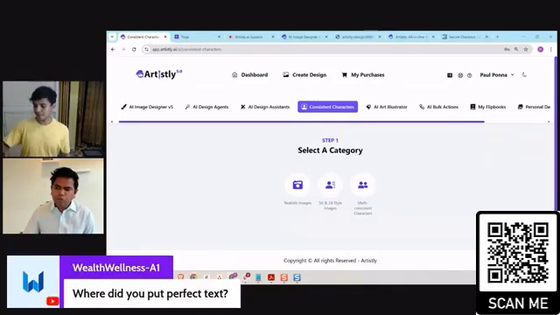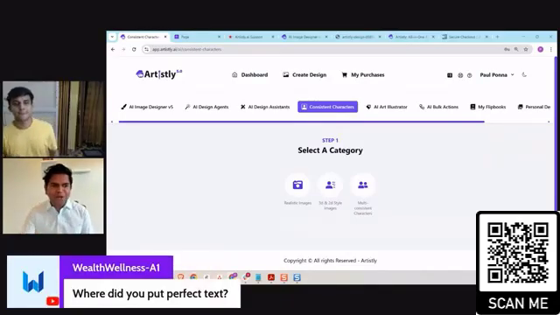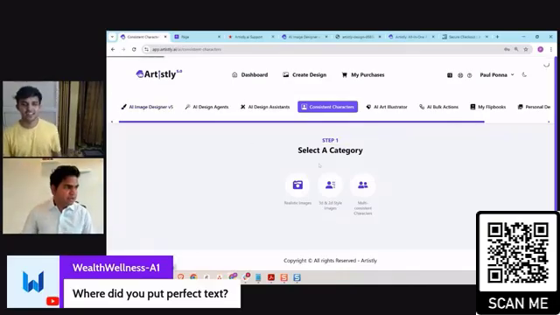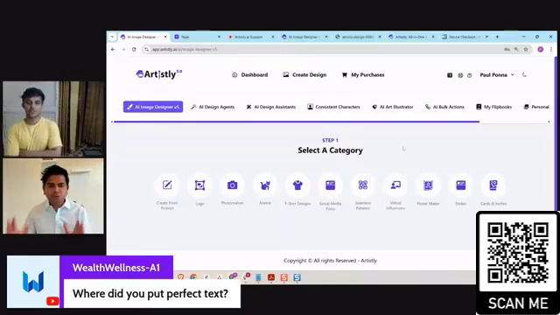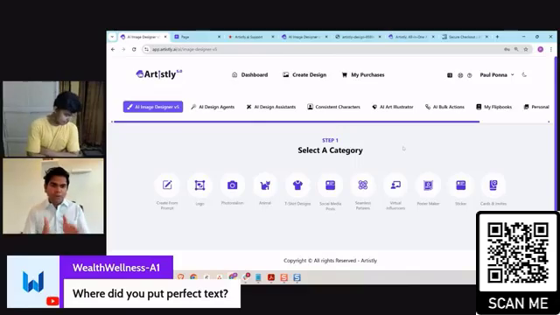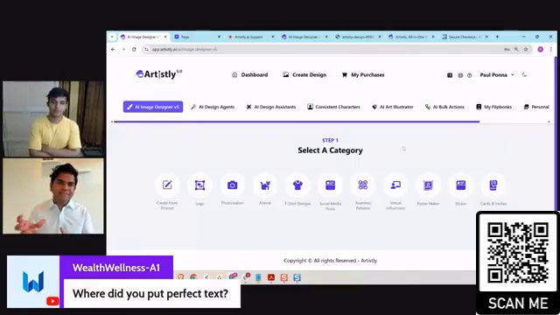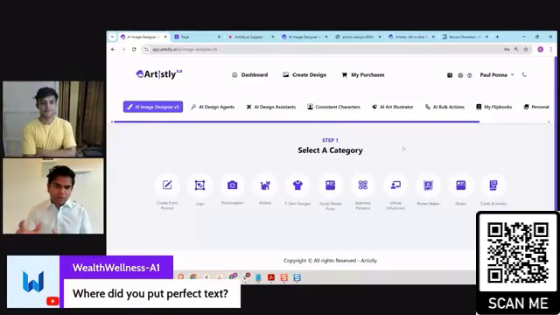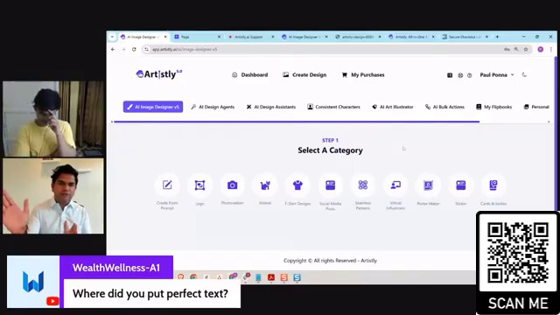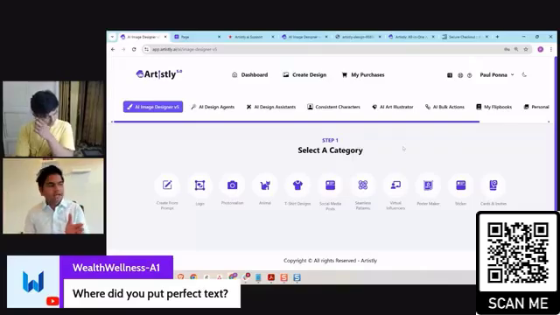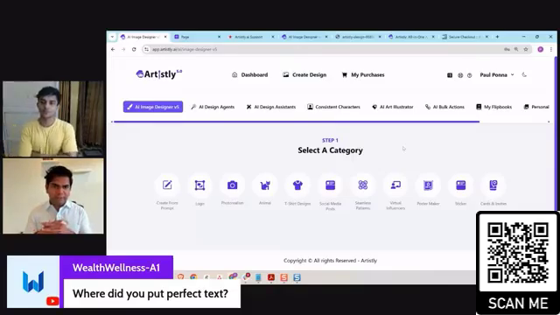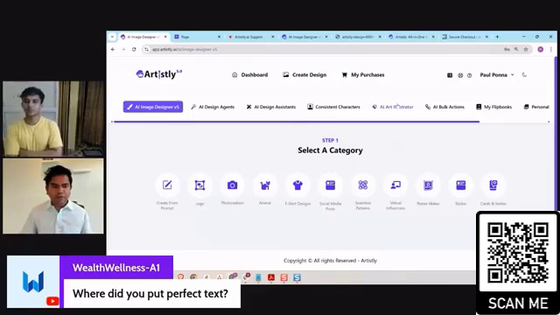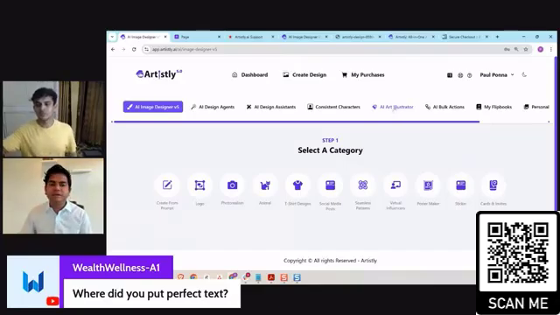Now, where did you put perfect text? Excellent question. This is what I was looking for. The idea was, initially, when we did perfect text, it was 2 sections, okay? Why did we do that? Well, perfect text used a different system to generate perfect text. So basically, when you did that, it generated it from a different system. And in the case of normal AI designer, it generated from a different system. There were 2 different systems that went through it. Now we merged them together. Okay, does that make sense now? So what that means is you don't have to worry about whether it is going to have perfect text or not. It's going to be perfect text regardless of whatever image you design.